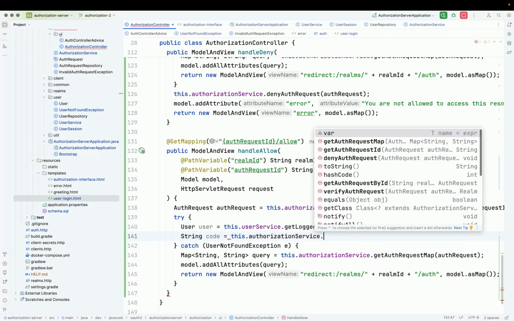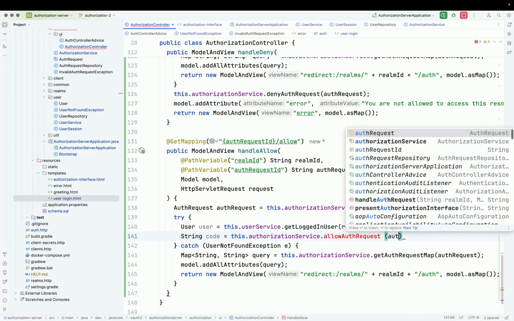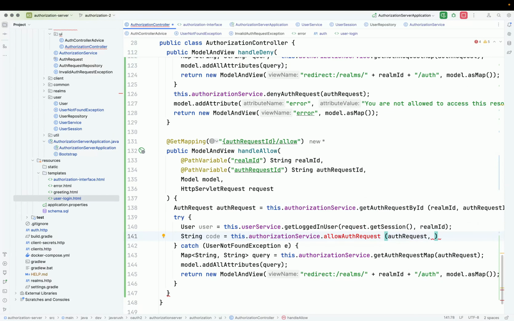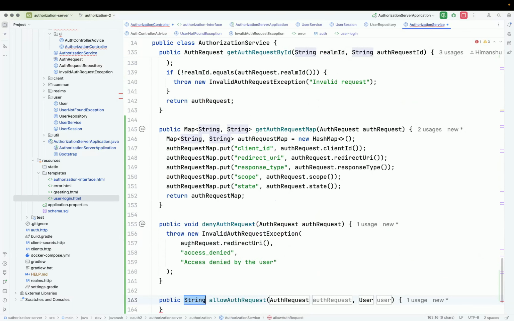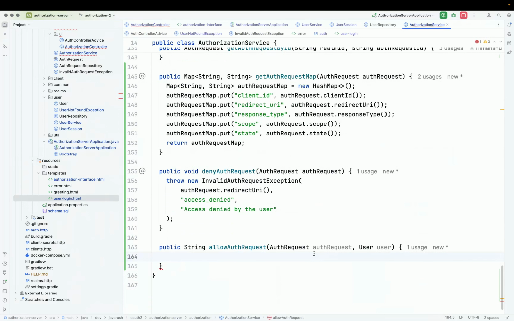authorization service dot allow auth request, and we will pass two things here. The first thing is the auth request and the second thing is the user itself. So let's create this method. Now what this method should do is create one authorization code which this application will send back